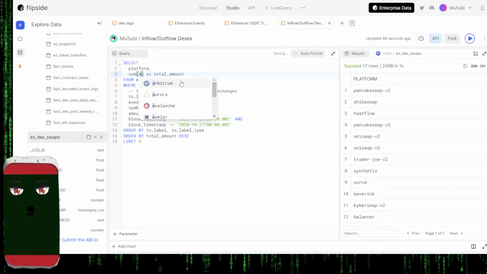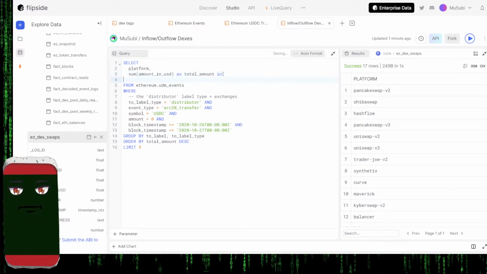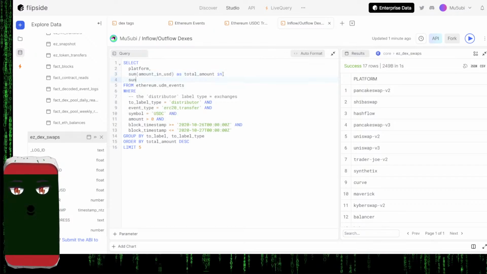We can get a little more detailed. So we're going to go amount in, and we'll do it in USD as total amount in, and then comma, we'll do some amount out